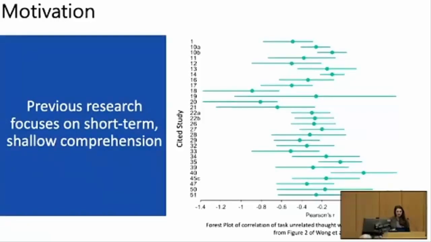And additionally, this very small number of studies looking at comprehension that included longer time periods or deeper depths is surprising, considering the reason we all read is to remember it and apply it later. So whether you're that student or the person reading for their job, you want to be able to remember it and apply it later. So rarely do people only want to read something and apply that knowledge immediately after, unless you're a student maybe cramming for a test in 10 minutes.